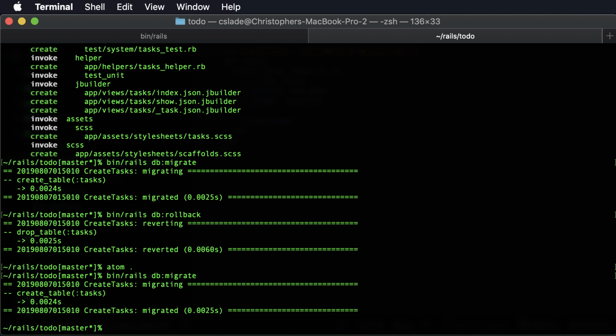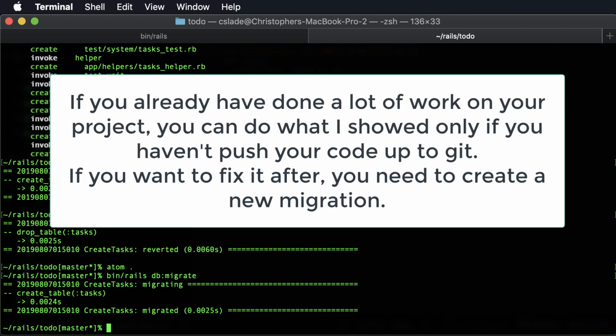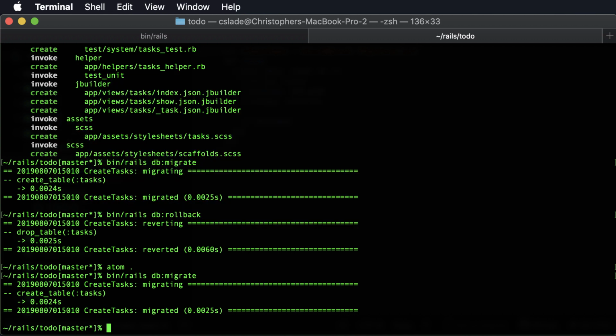If your code is already on GitHub, the only way to fix it is to create a new migration, and that'll modify your database, rename a column, or rename the table, or add fields to it, or delete fields you don't want. So before you submit it to GitHub, you can roll it back, edit the migration file, and run it again. So now that we have this,